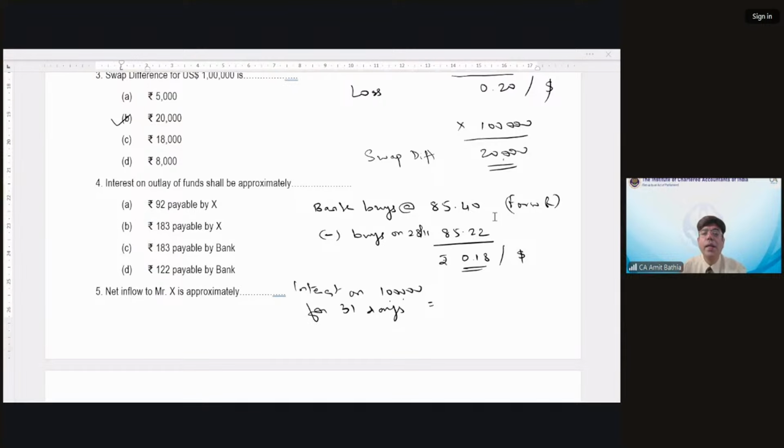How do I calculate that? Calculate it as $100,000 into 31 days upon 365 into,